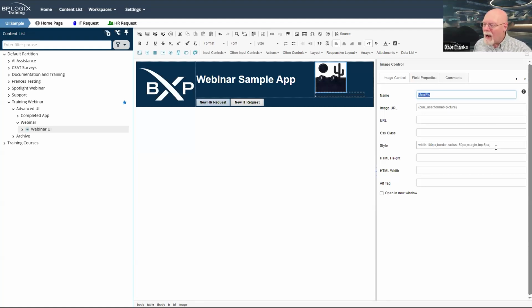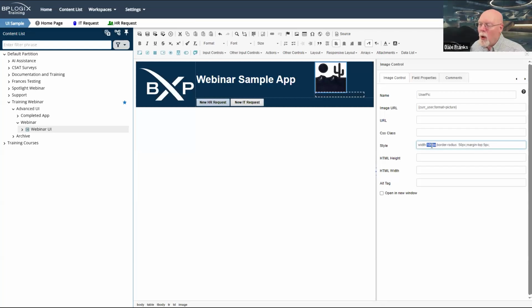Now this styling down here, I'm just setting it so that it displays in a circle because it is a 100 pixel image.